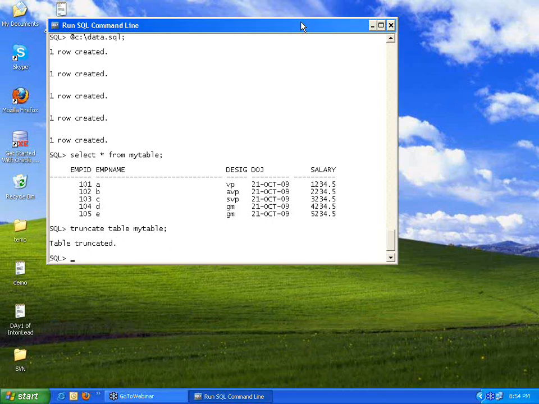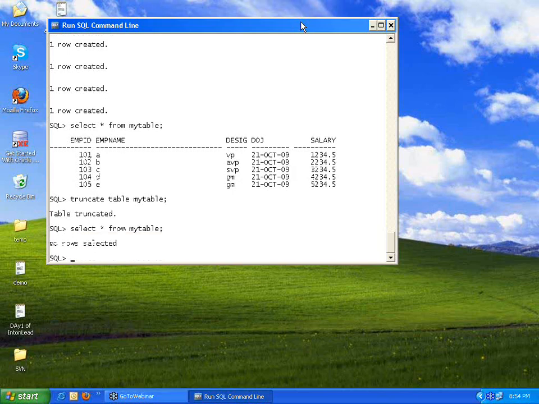Now if I say select, no rows selected. So if you use delete from table without a where condition, or if you say truncate, both have the same effect on the table. So truncate is yet another keyword to delete all the records.